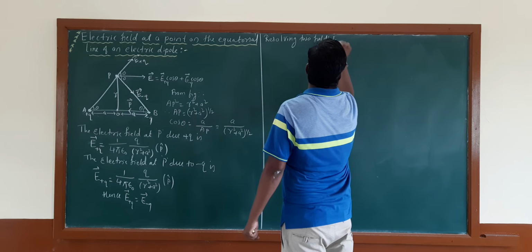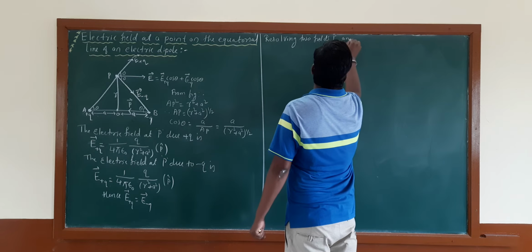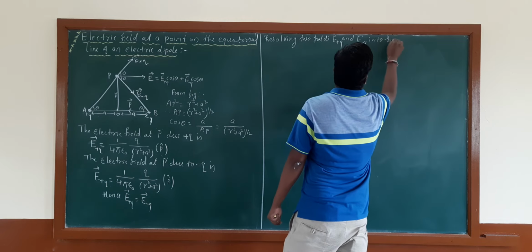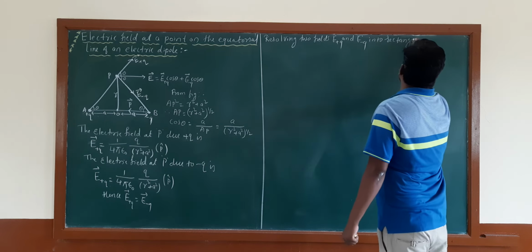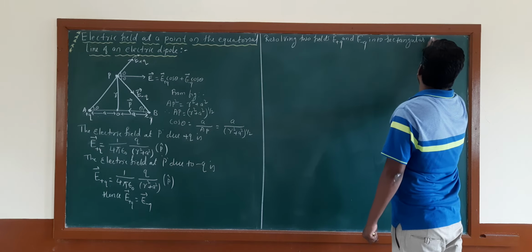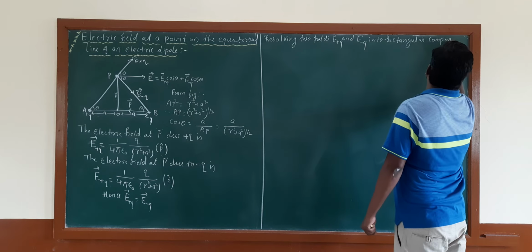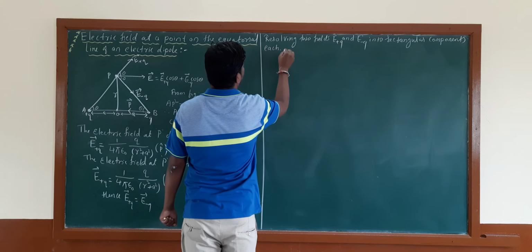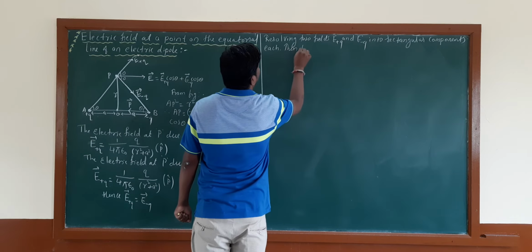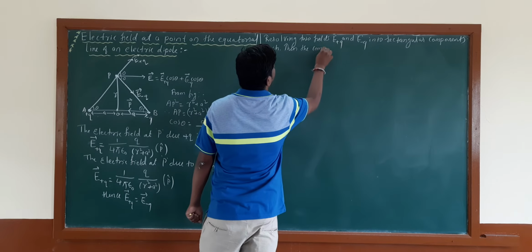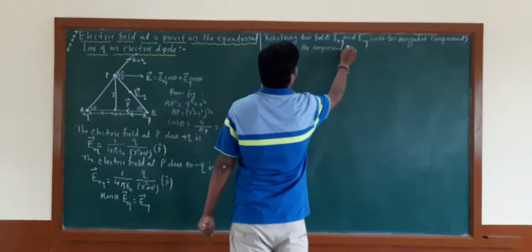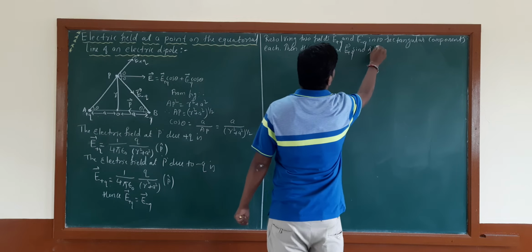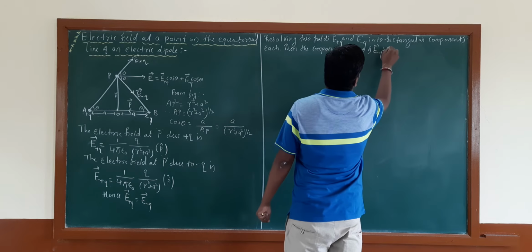E plus Q and E minus Q into rectangular components each. Then the components E plus Q sin theta and E minus Q sin theta